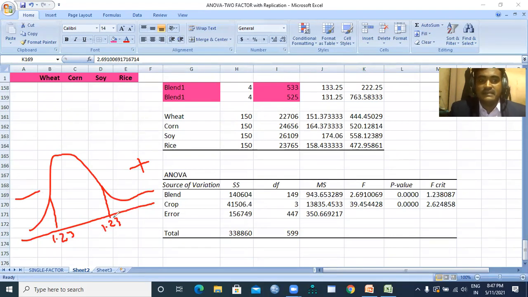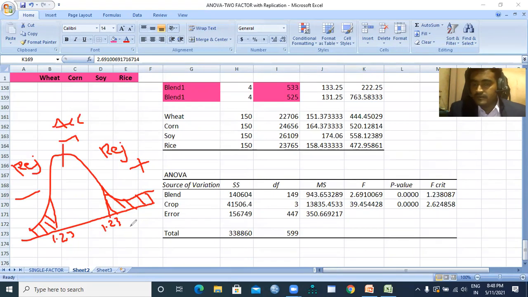That means that it is in the rejection region. This is a rejection region, and this one also is a rejection region, and the middle one is the acceptance region.